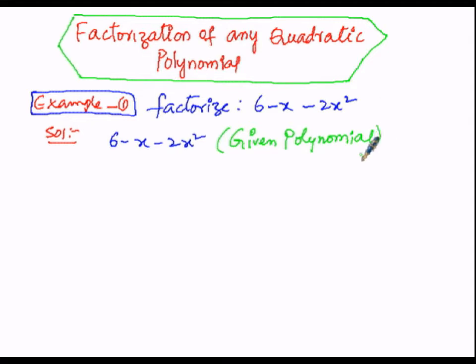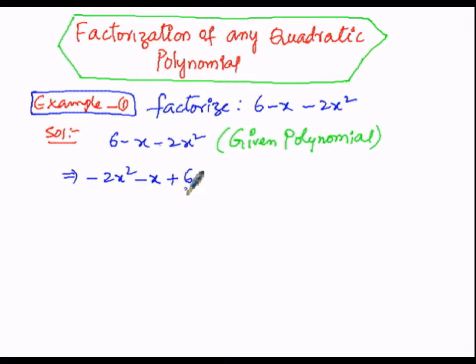First of all, let us arrange the terms of the given polynomial in the ascending order of the degree. So, here it consists of 3 terms. The first term is 6, the second term is x with negative sign, third term is 2x square with negative sign. By arranging the terms as per the order of the degree, the highest degree is 2. So, 2x square is the first term with negative sign. Then next degree 1, that is x to the power of 1 with sign minus. Then the constant 6 is positive, so I write it as positive.